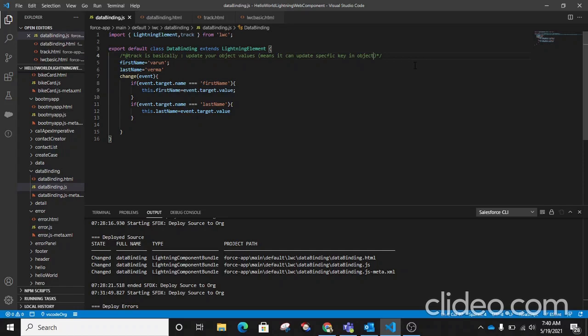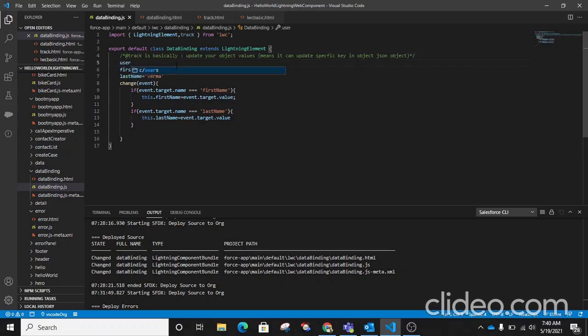Object means a JSON object. So when you are using an object and you want to update a specific key, it can easily update the values. And without @track you cannot update your values. Let's see how.